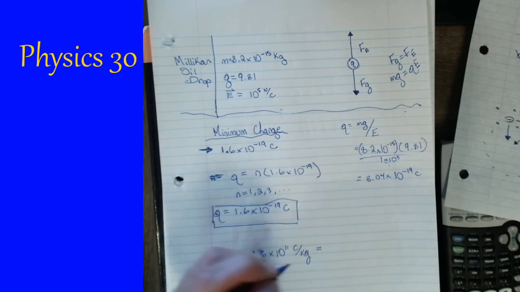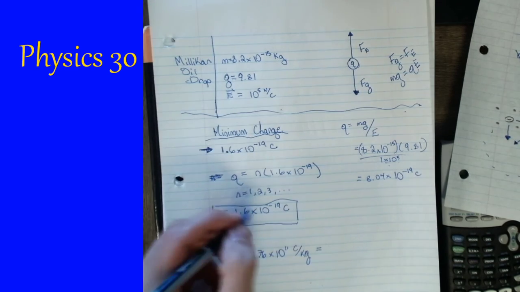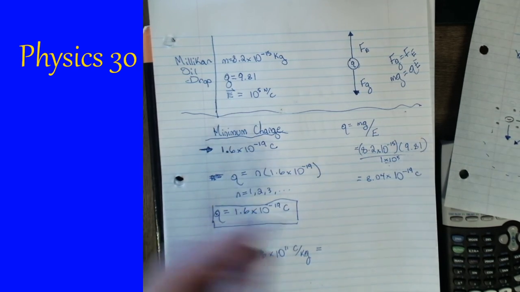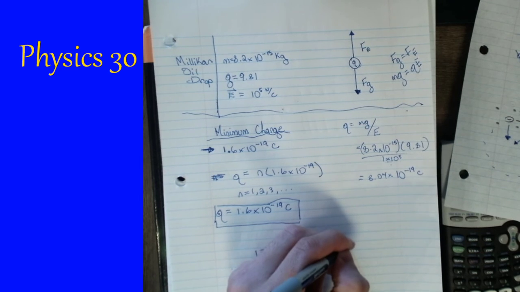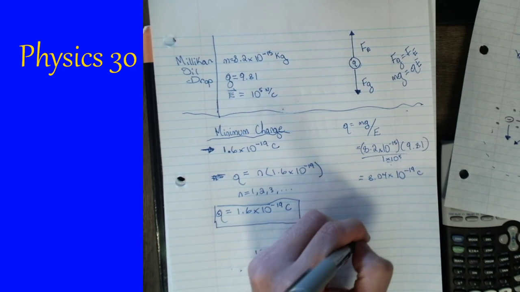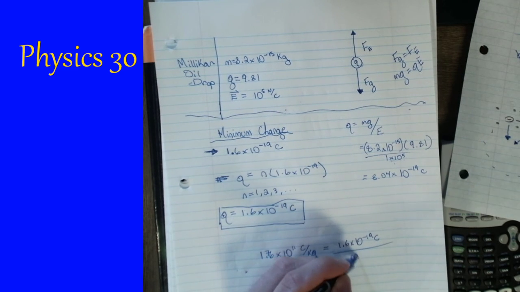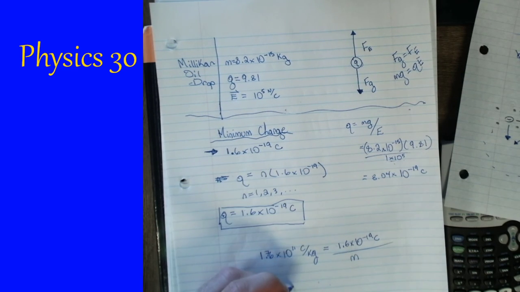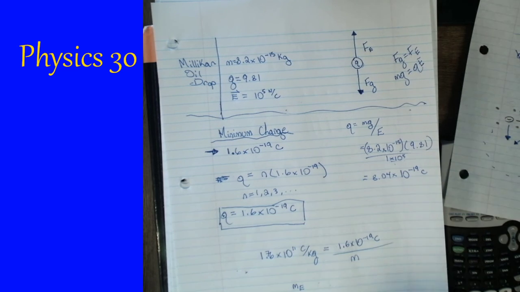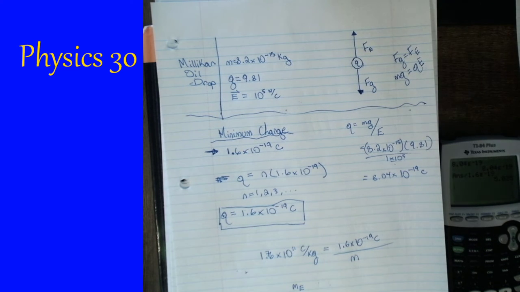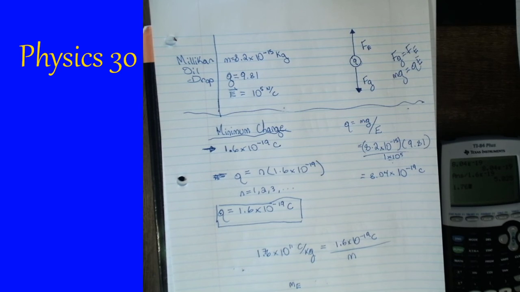And we now have an idea, after Millikan's experiment, that the charge is roughly 1.6 times 10 to the negative 19 coulombs. And now we can maybe solve for mass. It turns out that the mass of the electron, when you solve for this, we can do it ourselves, 1.76 E11